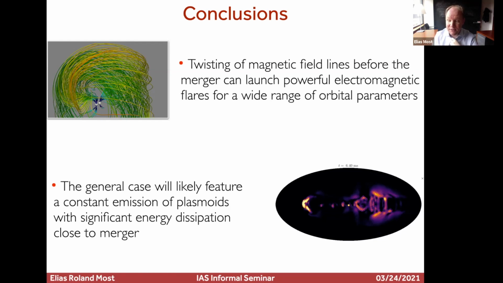But the point that you make is interesting nonetheless. In principle, with these simulations, we cannot track how much energy you actually have to accelerate particles. For this, you would have to do a PIC simulation of the current sheets that you get. But we can still make what we believe is a reliable order of magnitude estimate on the amount of energy you can dissipate. Okay, thanks. Good, Carolyn?